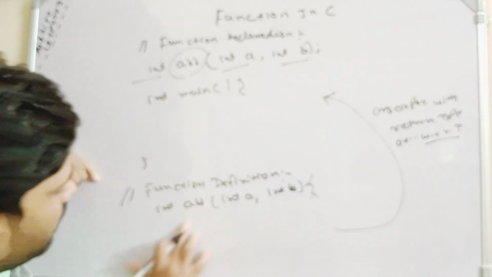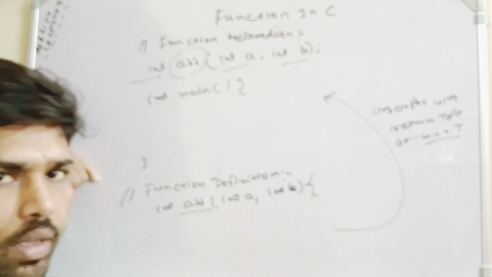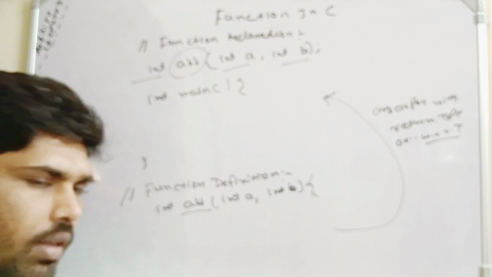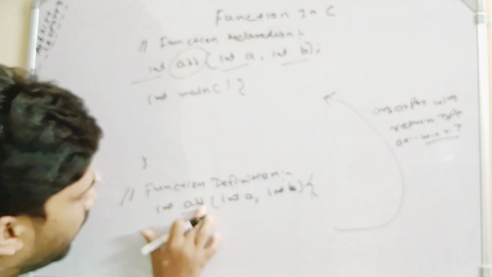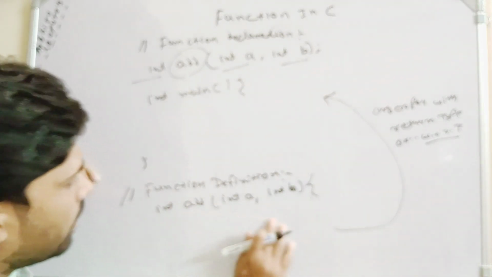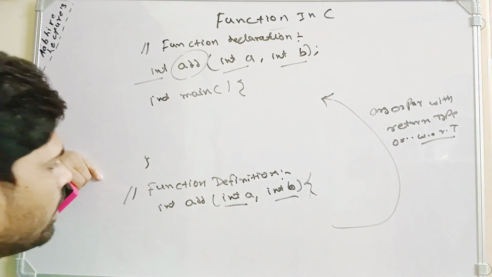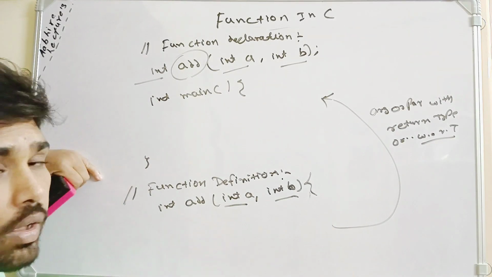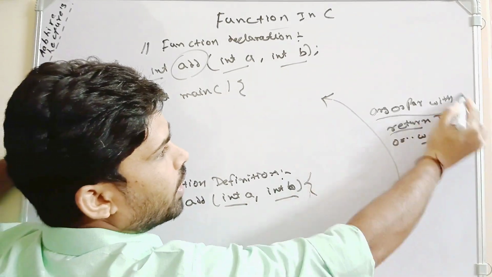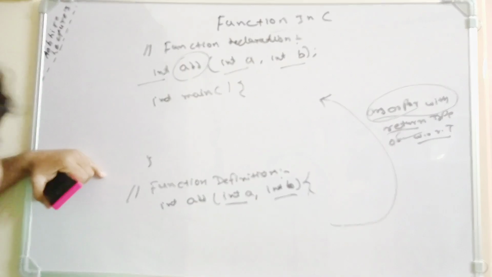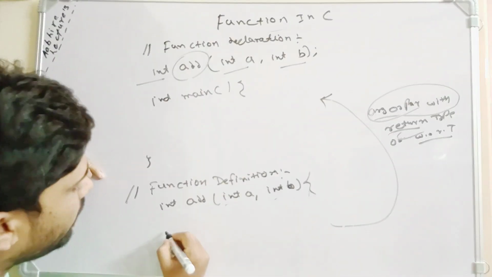So first I created the function definition. That function name is add. The function name is up to you. Anything you can give as a function name, you can give your own name also. I have given the function name add, with arguments integer a and integer b. Then after that we have to do the return type. I have written parameters and arguments with a return type. So int a and int b, and return